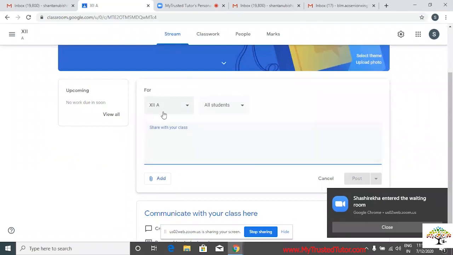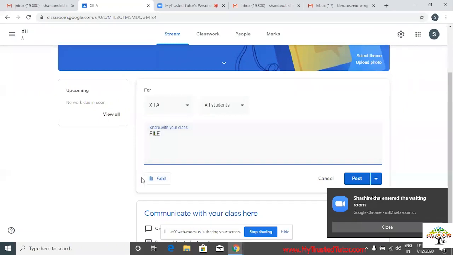I have already written the name class 12th A. Suppose I want to add any file for my colleagues. So I'll just write over here file, F-I-L-E. Then this is just a title. This is very important to mention a title, because whenever you are sending some information to anyone, he or she should know what content you are sharing with them. So for example, currently I'm sharing a file with them, so I'll write over here a file.